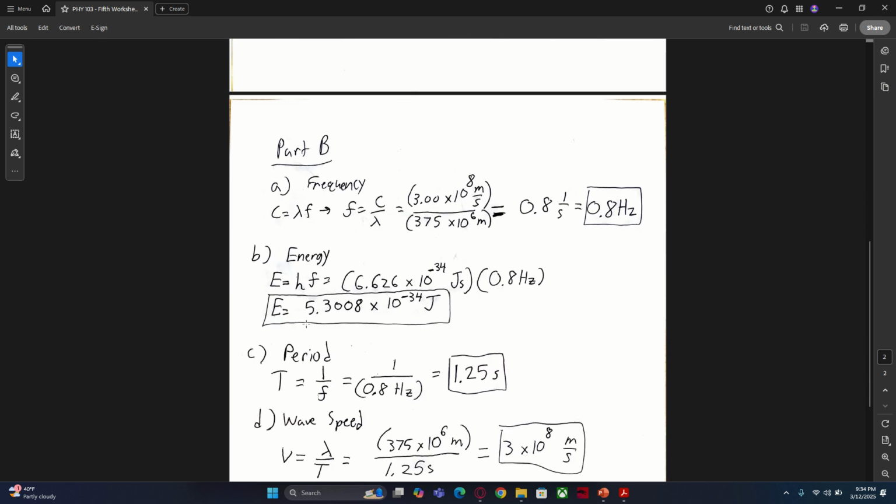And if we work with that, c equals lambda times frequency. Because we're working with light, we can replace v with c. Solving for the frequency f, that would be the speed divided by the wavelength. Since this is a light wave, the speed is going to equal c, or 3 times 10 to the 8th meters per second. And we were already told in problem A that our wavelength, lambda, is 375 times 10 to